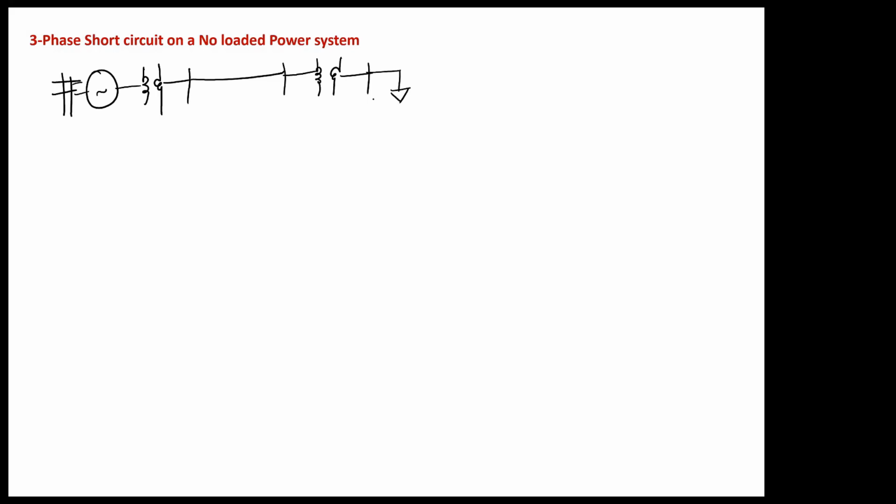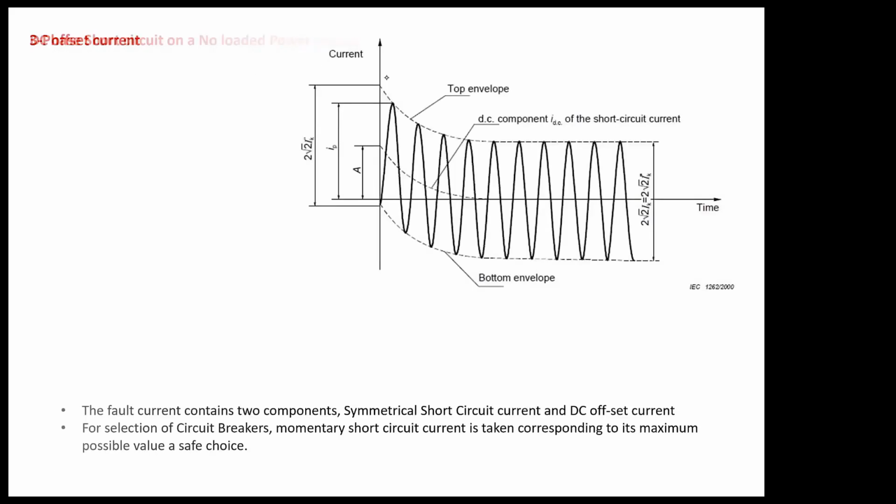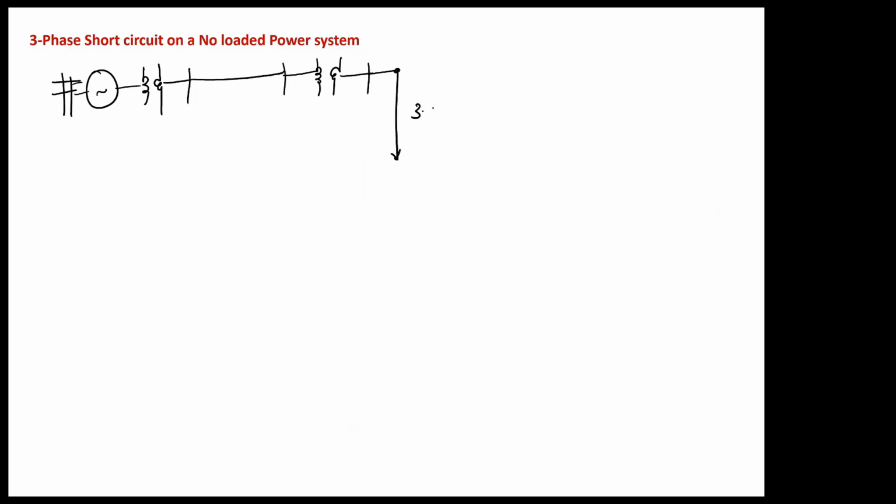Let us assume we have disconnected the load, and while the power system is under no load, a three-phase short circuit has occurred. When the three-phase short circuit suddenly occurs, we are trying to understand how the system behaves and what the fault currents are. Since we have completely neglected the series resistance parameter and the shunt admittance parameter in fault analysis,